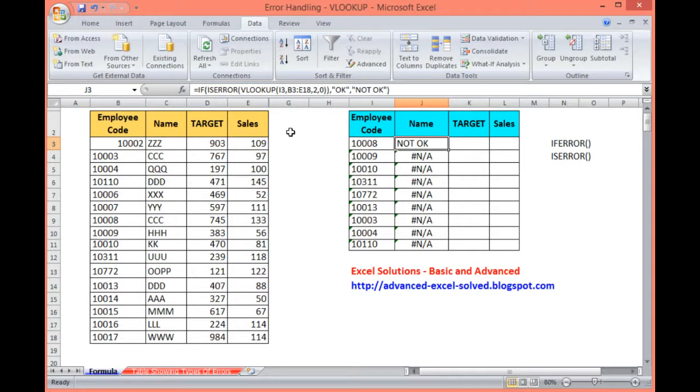That means, if the logical test value is true, the return value is not true, so the value is not coming here. You can eliminate this by writing IF, because while using ISERROR it gives you two outputs only, one is TRUE and another is FALSE.